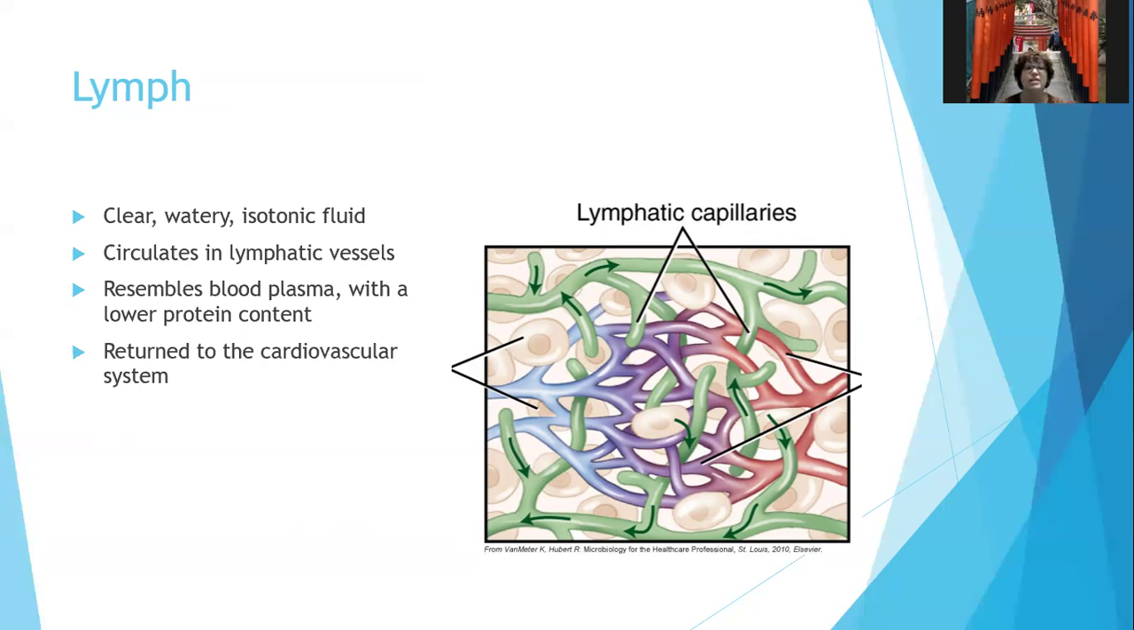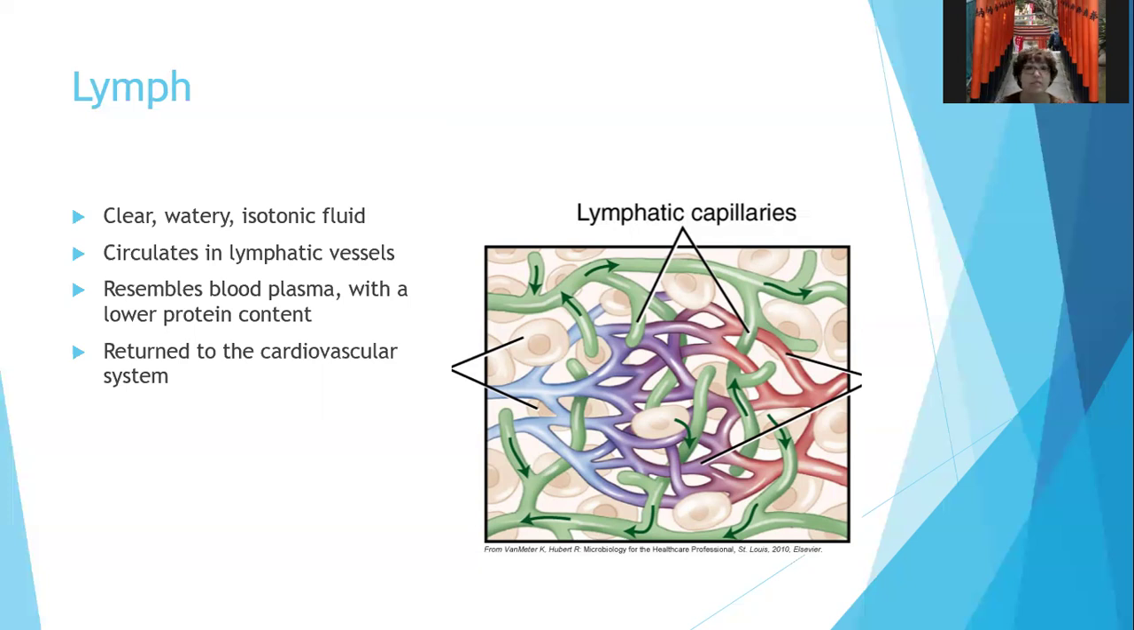It resembles blood plasma, but it has a lower protein content and it doesn't have erythrocytes, and it doesn't have platelets. There are lymphocytes, but no leukocytes in general. Sometimes leukocytes hang out in the lymph nodes just to be ready, so they might be in there. The lymph, as it's circulated through the lymphatic system, is returned to the cardiovascular system to become part of the